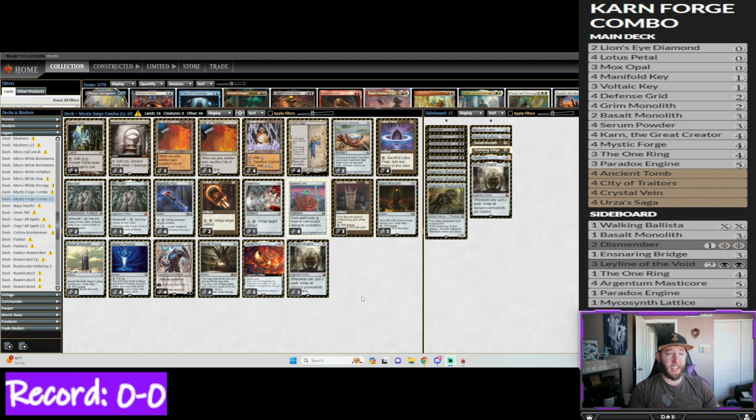So let's take this through a league, see how it does. I know artifact decks are not that great at this point. There's a lot of artifact hate. There's a lot of storm hate. And I mean, even though the finisher of this deck doesn't have the storm keyword on it,